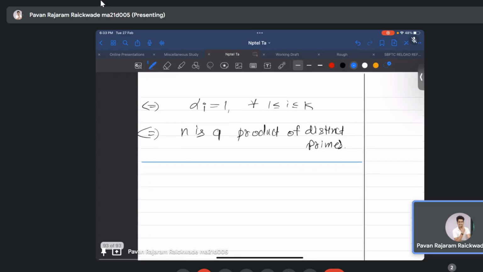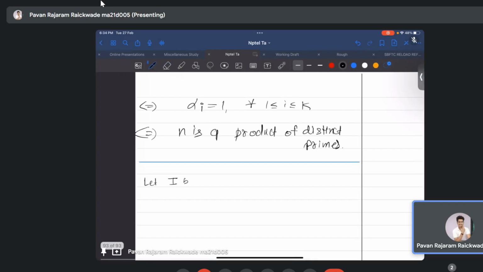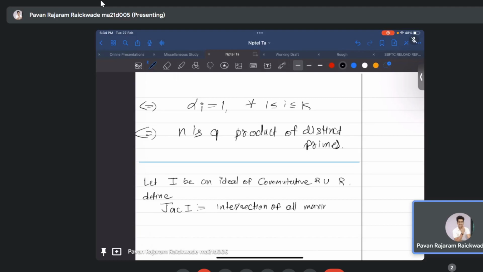So the next concept is the Jacobson ideal. Okay, so let I be an ideal of a commutative ring with unity R. Define Jac(I) to be the intersection of all maximal ideals of R